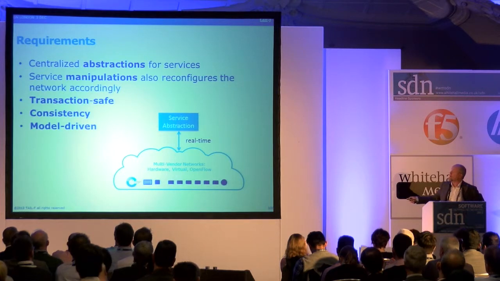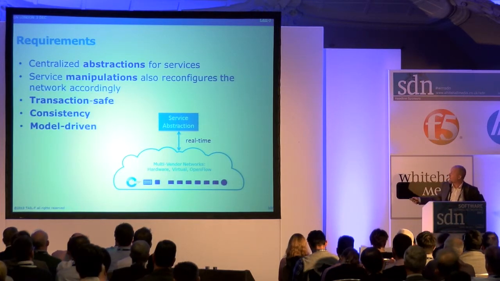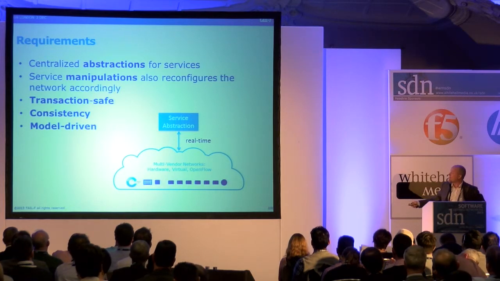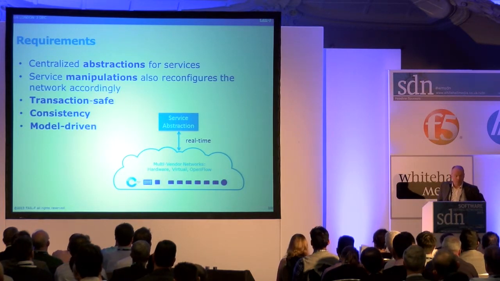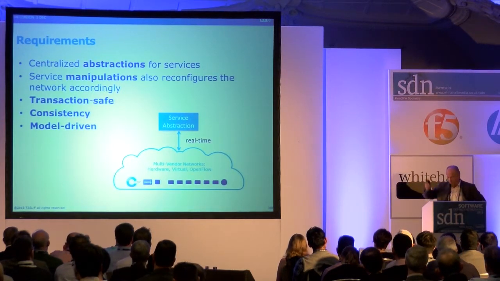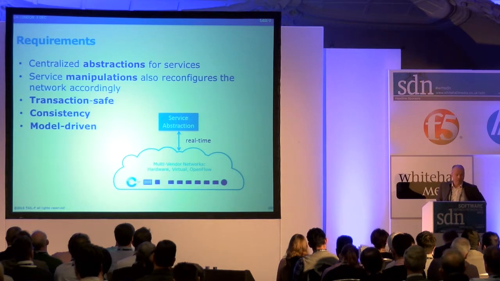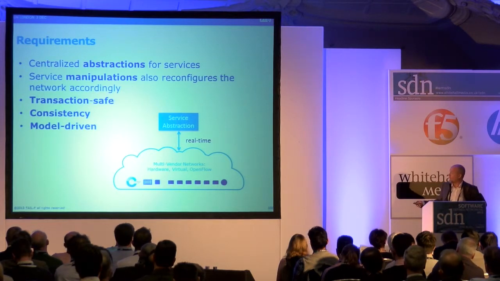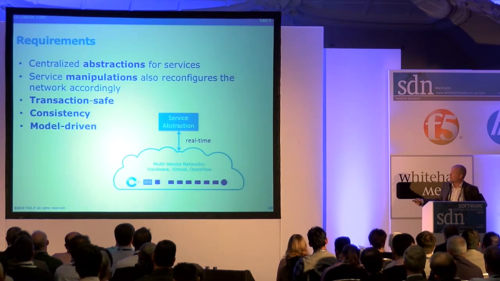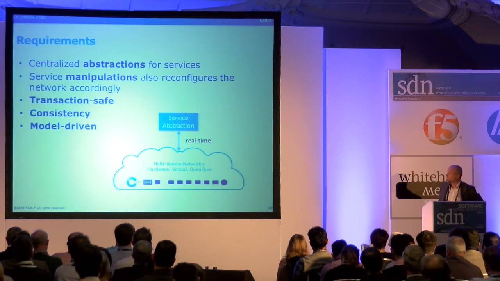Well, first of all, it must be transaction safe. If I manipulate a service abstraction, we must use transactions towards the network. We can't just go on with CLI scripting, because if you touch a VPN across your CPEs, across your PEs, and there's an error on one router, typically today you give it to an engineer who tomorrow maybe fixes the problem. Go away from that. You need transactions towards the network. You need consistency. If you manipulate the service abstraction, you need that to be consistently in the network. And you need consistency checks and syncs between these two. So connect your management system with transactions and consistency to the network.